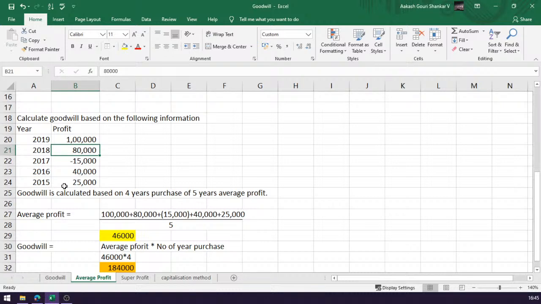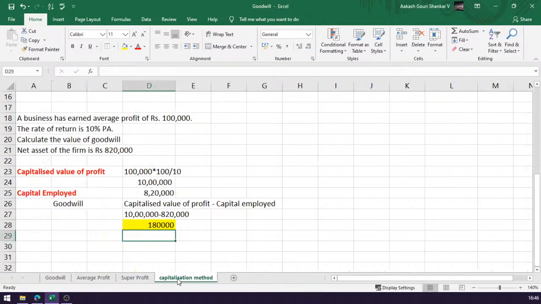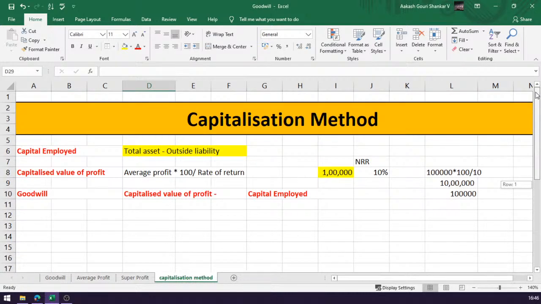Another friend has asked, what are the ways to find the capital employed? At this present level, I suggest there are only two ways you can remember. The first one is the total assets minus the outside liabilities, and the other is the capital contributed by the owners of the business, which here means only the partners. So the total amount which belongs to the partners is the capital employed.